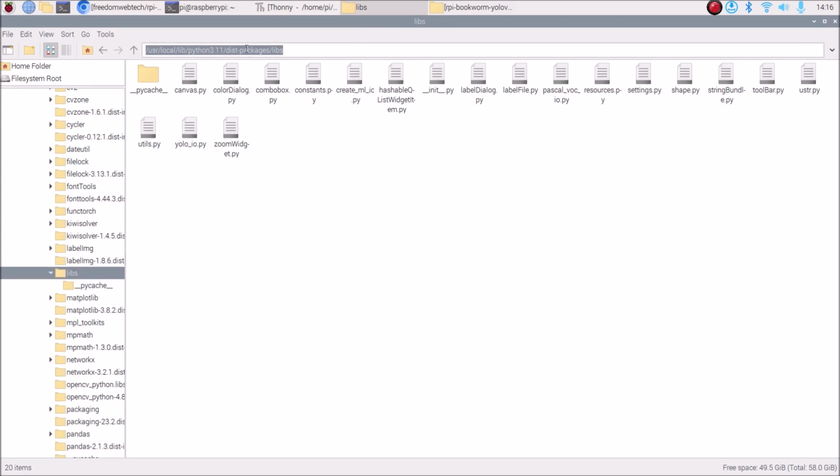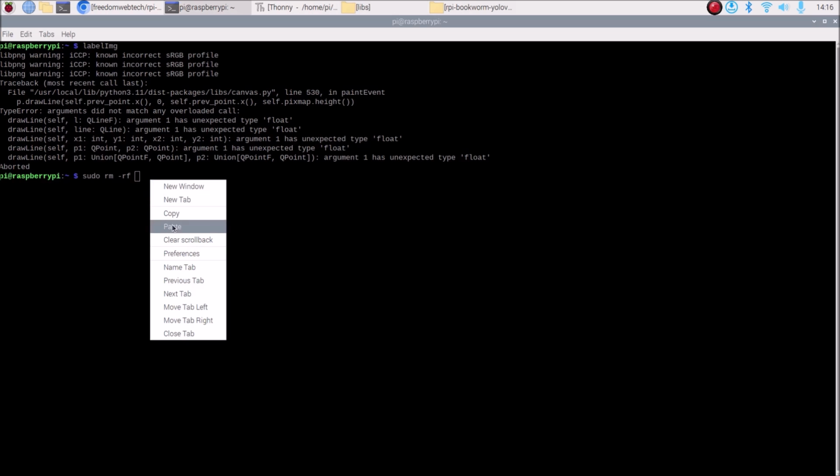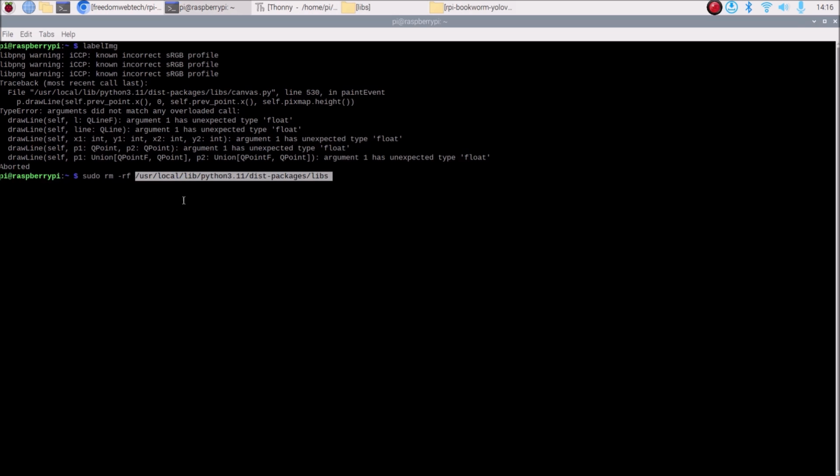This one, this is our path. We copy it, and if we open our terminal, right click, and simply click on paste, as you can see, we paste our path where we have our canvas.py. So this is our folder path for libs, and inside that, which file we want to delete. We want to delete our canvas.py. So just mention canvas,